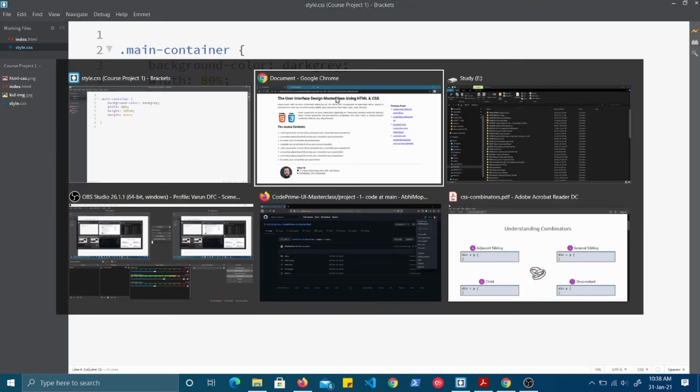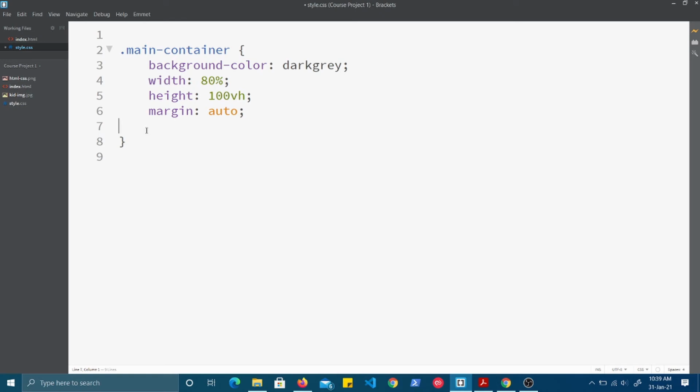So if we save this and see how it looks, this is how it looks. So we have created this div element. Later on I will remove these colors and the heights that we don't require, because the div normally should take the height of the content. It will just give sufficient space for the content and consume that much height only. It will not have its own height. Later on we will remove these things, but for display purposes I am just giving you these things. So this is how we have defined the first one.